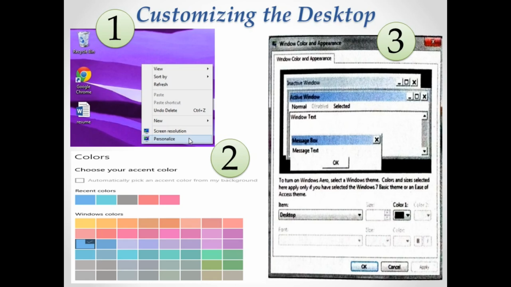After that, click on the drop down arrow of the item list box and select the active title bar option from the list which is appearing. Now you need to click on the color list box and select any color of your choice, and click on the font list box also, change the font settings and click OK, and finally click on the apply button. So whatever appearance, color and settings you would like your screen to have, it would appear. And finally, click OK, and the desired color and desired texture would appear.